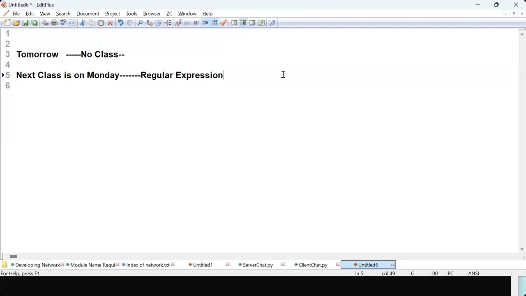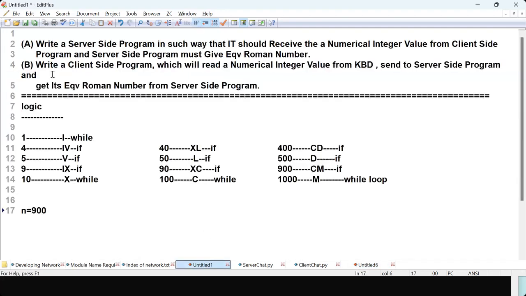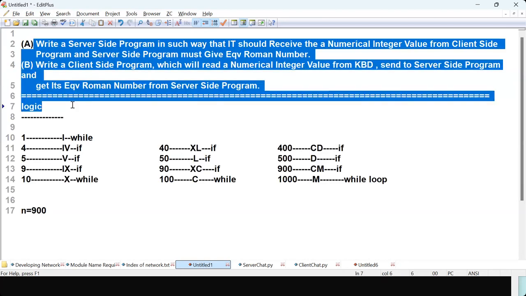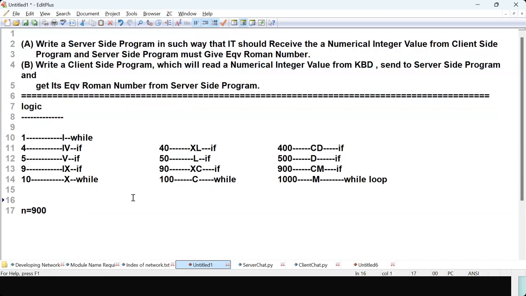So write a Python program. First program A, the two programs now look at like this. Program A, program B. Like chatting also, server chat, client chat. Like that, server DB, client DB. Write a server side program. Program A I'm talking. Write a server side program in such a way that